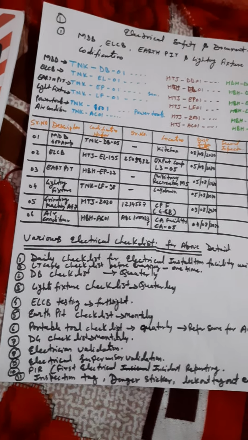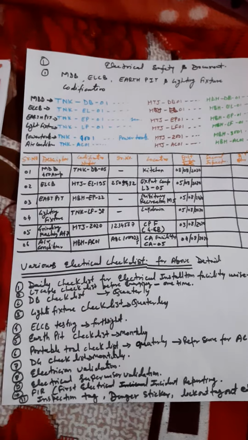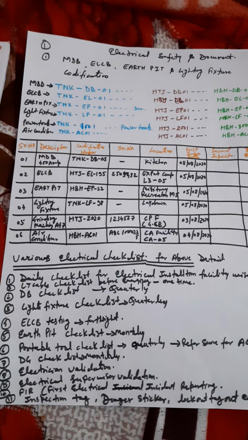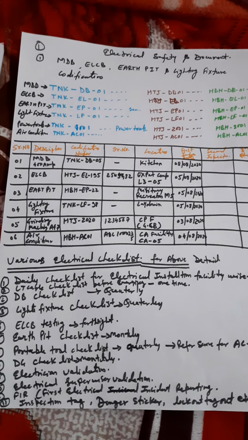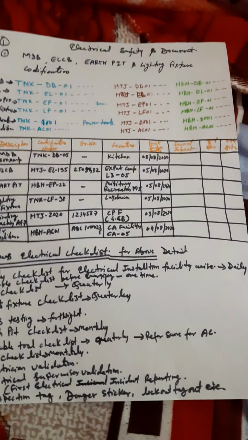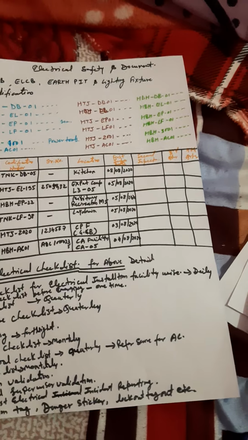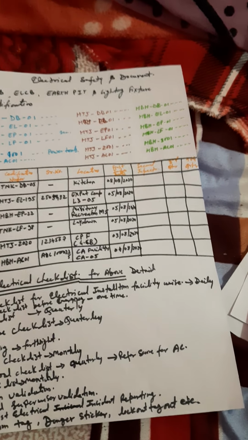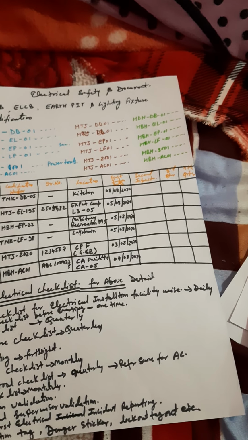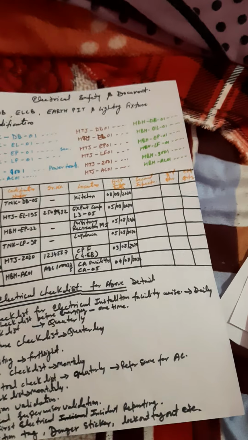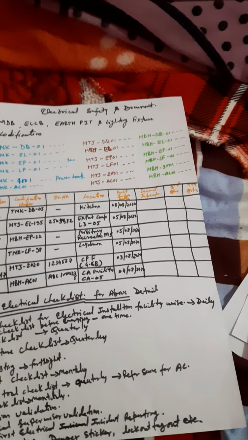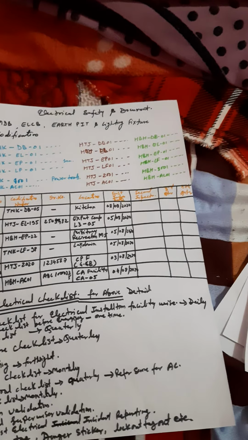We have to make our daily routine: daily, weekly, fortnightly, monthly, quarterly, half-yearly and yearly schedule. What is our schedule? What is our daily routine? Our daily routine is to walk down each and every facility at micro level. We have to observe all the MDB. We have to check whether any smell is coming, whether any spark is there, whether any cable is heated or not. Like this.